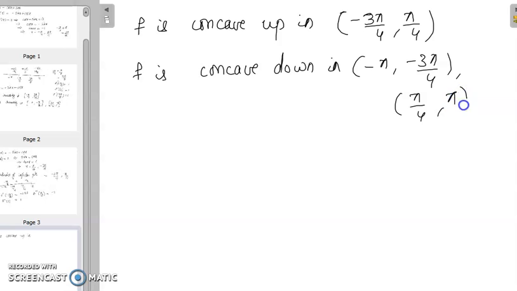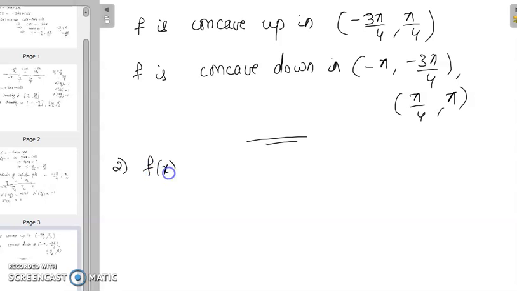So we have got all the values, we have found where it is concave up and concave down, and we have got the points of inflection, and we have got the intervals where the function is increasing and decreasing. And the next problem is